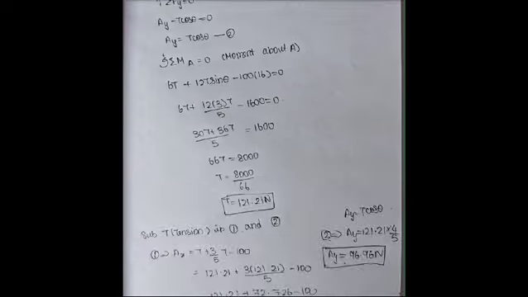Then we should take the second equation, that is summation of Fy is equal to 0. Here the forces which travel upward vertically are positive, and the forces which travel downward vertically are